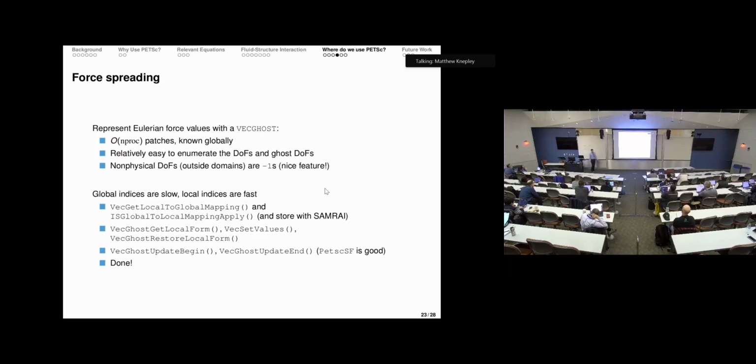So labeling those as -1s, really nice PETSc feature that I use. And if you actually go through this bit of code, there's a really nice pathway with PETSc index sets to get out the local indices that you have and just fill up your vectors with local indexing into arrays that you define, which is always faster than global indexing. I don't know how many people are using IS global to local mapping apply, but it's kind of a critical